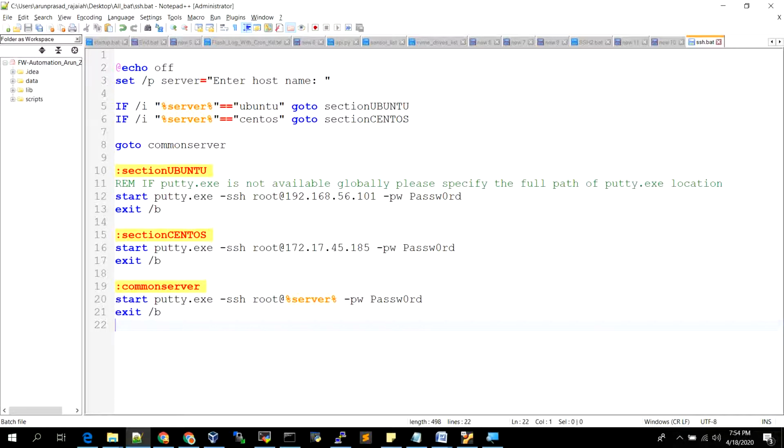So basically this script, I have used this start command, so I will simply execute this command to you and show you what will happen.